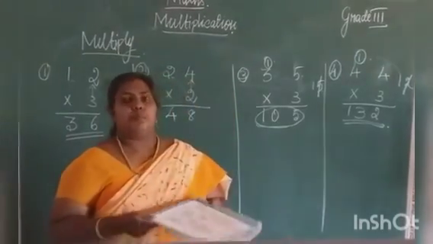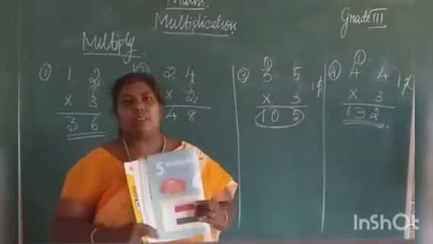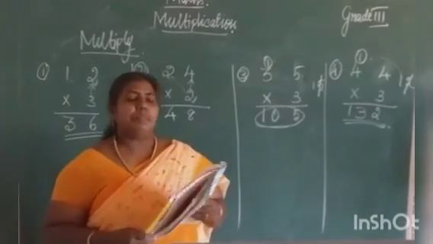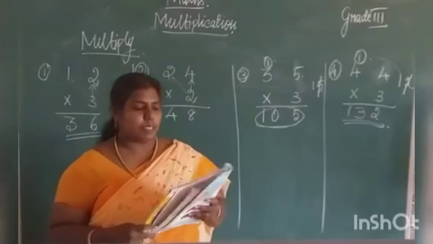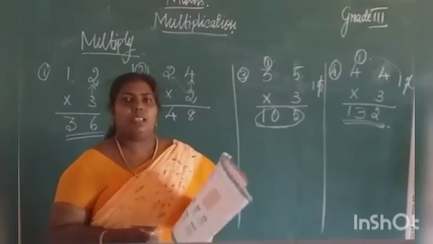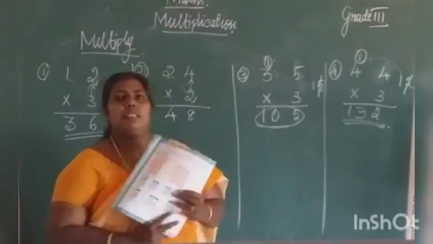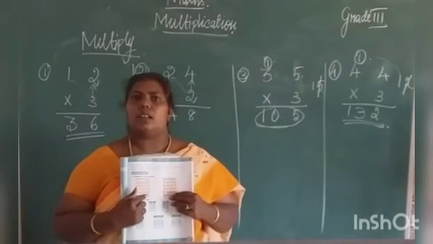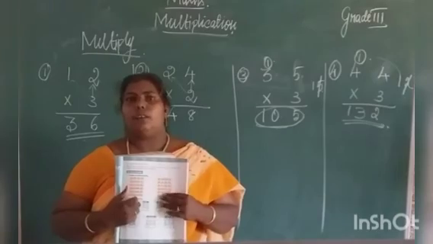Yes. Now what are you going to do? See, chapter 5, multiplication. Here, page number 73, revision exercise. Okay. Revision exercise 1, 2, 3. 3 questions here. Please complete these questions. This is your homework. Understand, children? If you have any doubt, you can contact me.